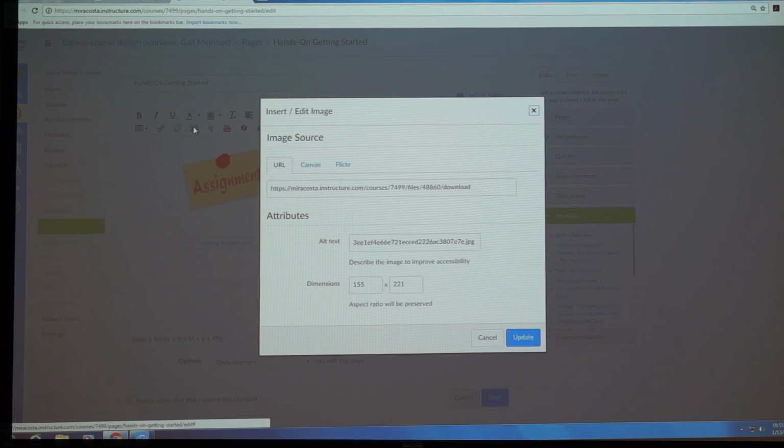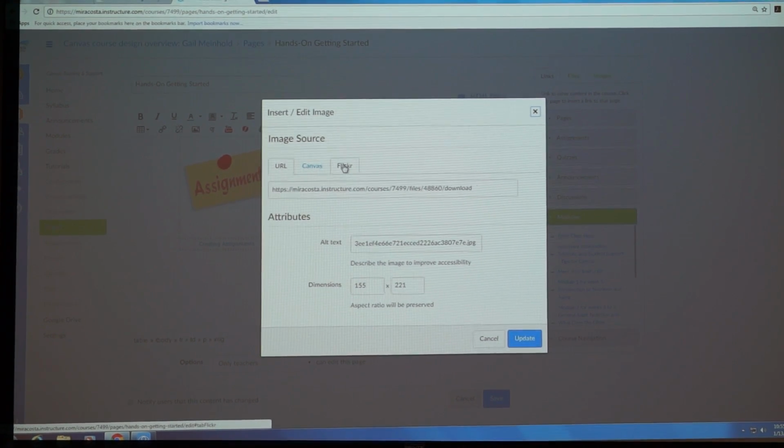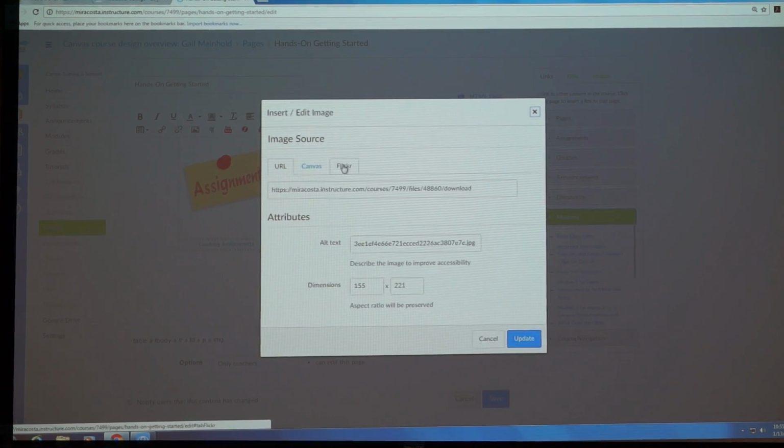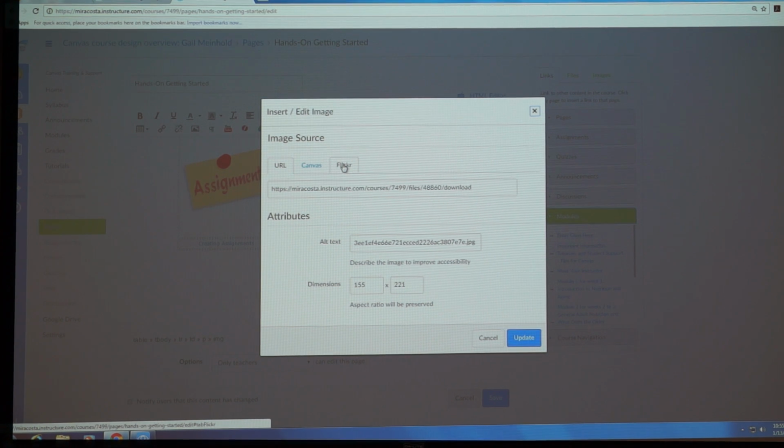You can also notice you can search Flickr for images as well, which is kind of cool. If you're just looking for cool images, you can search for attribution-free, Creative Commons licensed images in Flickr, which is a really nice repository of great images. And the Canvas button is stuff that you've uploaded, put in your files. So if you have a bunch of images that you're going to use, drop those in there